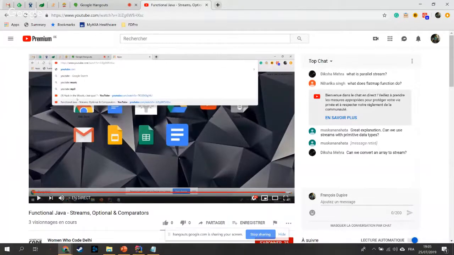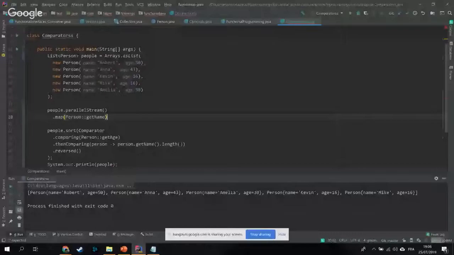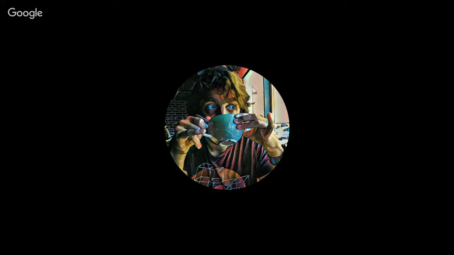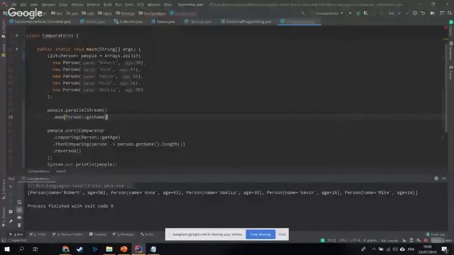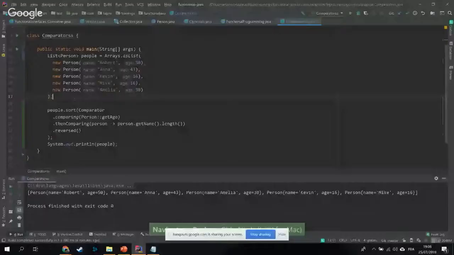What does the flatmap function do? So flatmap is used to reassemble streams into one stream. For example, if you do a map and you have a stream of streams, flatmap will say, okay, those are all streams, I can make only one of them with all the elements of all the streams. I don't know if I can put an example right away, because I don't have many possibilities to do that with the code I have here. But the idea is to keep processing items instead of processing streams. So it flattens the